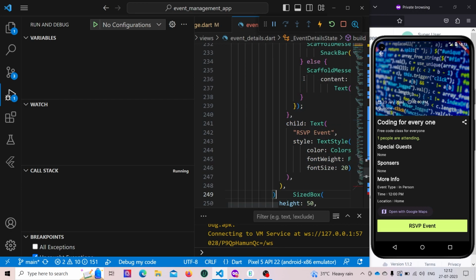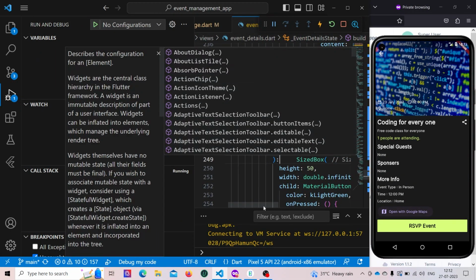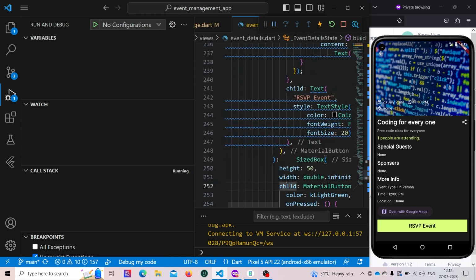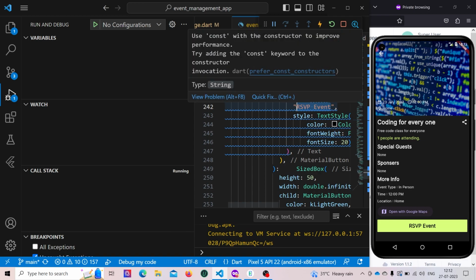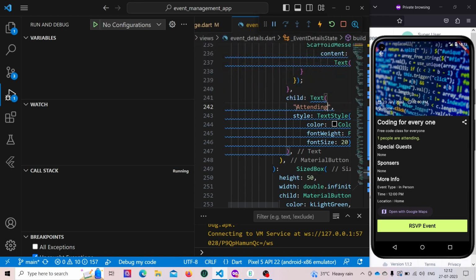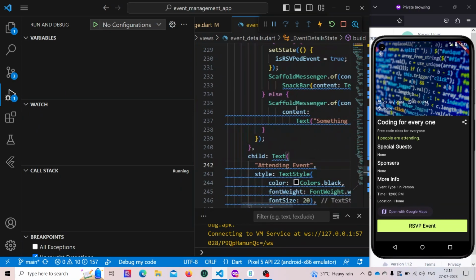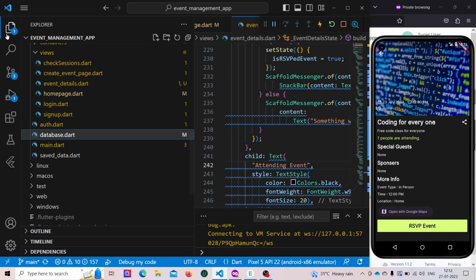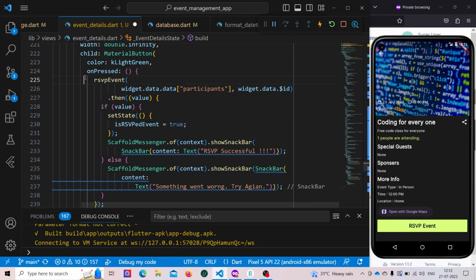We are going to paste it and then we are going to use colon here, and instead of RSVP event we will show attending event. And on press we don't need to do anything,